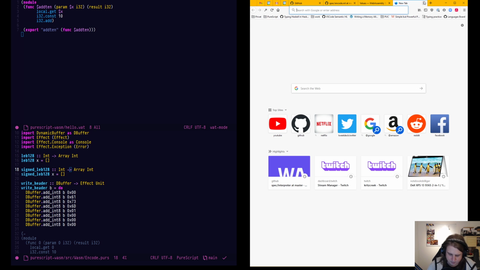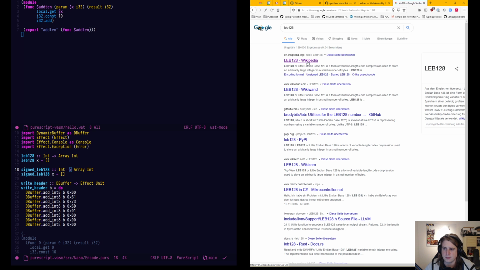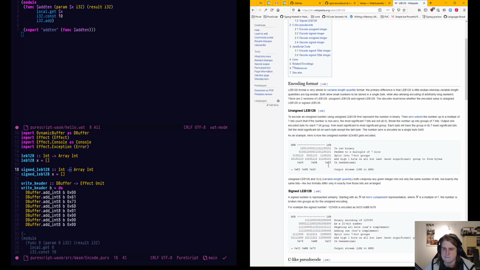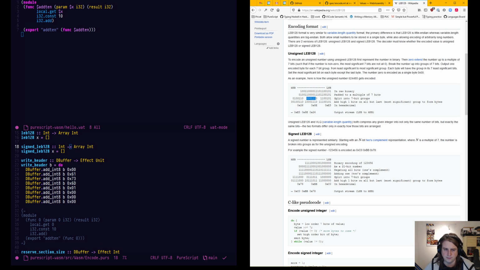Okay, we're gonna figure it out. Let's just look at Wikipedia. We looked at this before, right? What we do is we break a number up into individual 7-byte long stretches. And